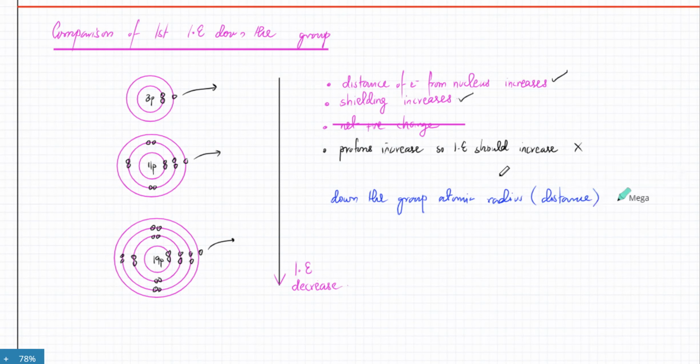It increases, and shielding effect increases. So shielding effect से मतलब कैसे? क्या? So मतलब shielding effect से वो होता है ना कि मतलब हमारे न्यूक्लियस को शील्ड कर रहा होता है।